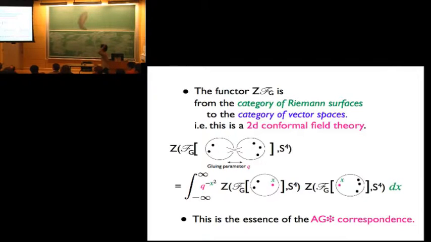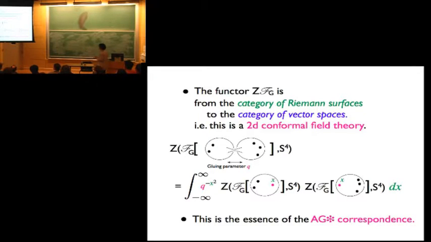And so for example, if you start when capital G is SU(2), the resulting CFT is known to be the Liouville theory. And in general, for general G, the resulting 2D conformal field theory is believed to be the Toda theory of type G. So that's one example of extracting a simpler object out of this very rich